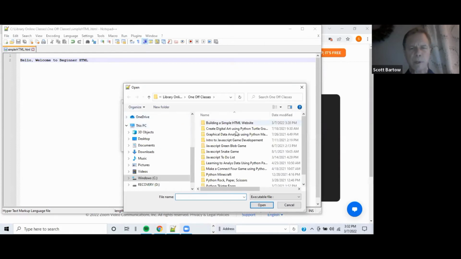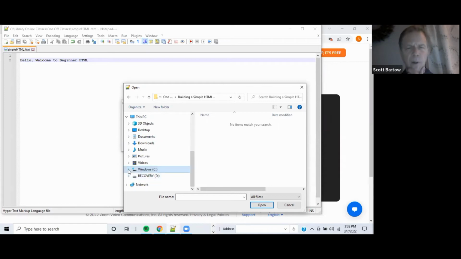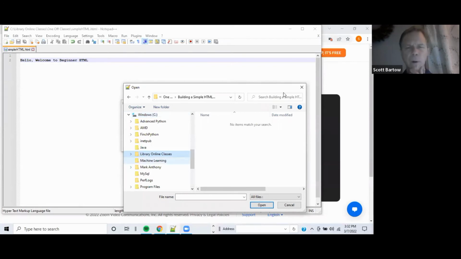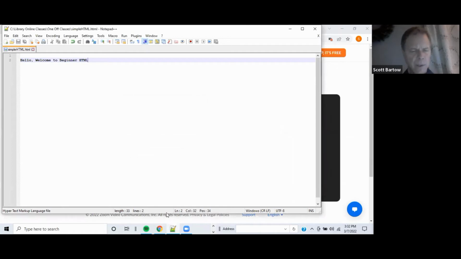I don't know where it went, because it should be displaying right there. I cancel that out. If I come down here and open up File Explorer,